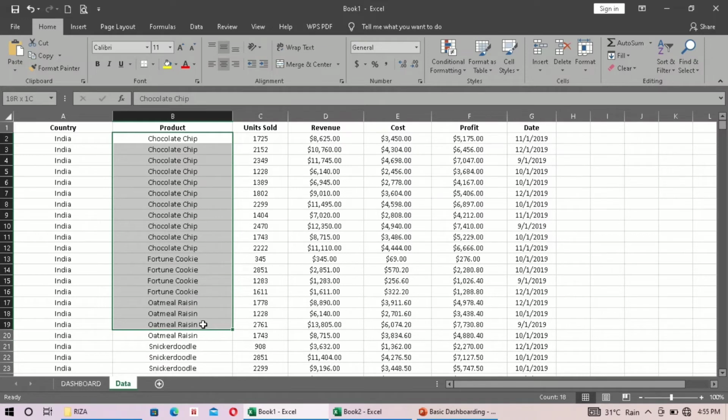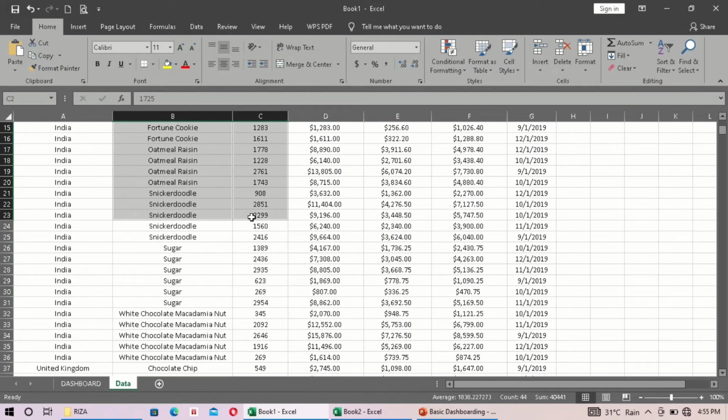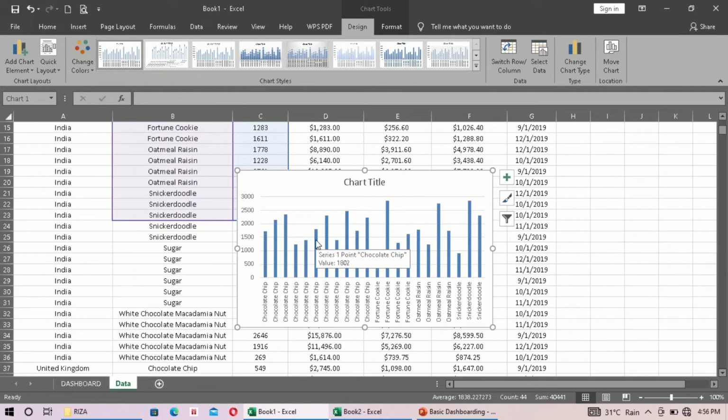So if we wanted to make a chart on this one, for example, just highlight these elements here and then press Control, and then let us have this one here up until here, and then Control, then click Alt key, then tap F1. So here we already have the chart,